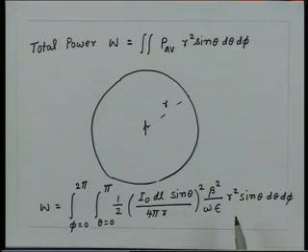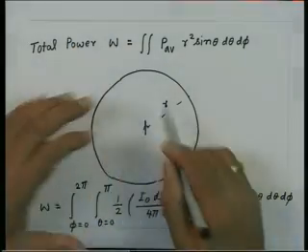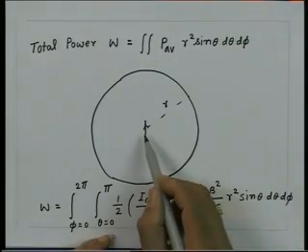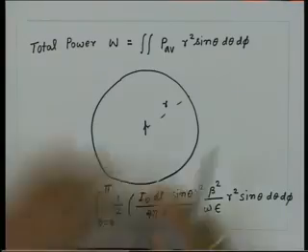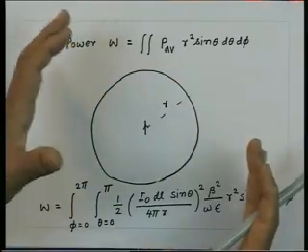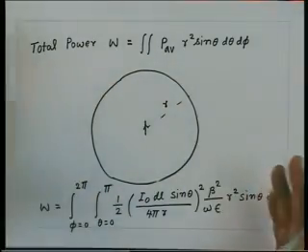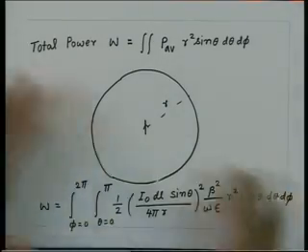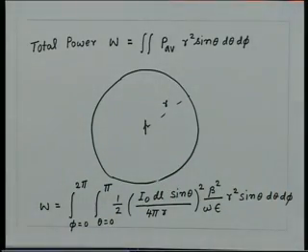First thing to note here is that this r square term is going to cancel with this r square term. So, the power radiated should not be a function of r, because we are finding out the power which is on any surface of the sphere. So, the total power radiated by the dipole should not be a function of what radius we take for the sphere, that should be independent of the size of the sphere. That is precisely what this is telling you, that this r square will cancel. So, total power will be independent of what radius for the sphere you take, that is what should happen.